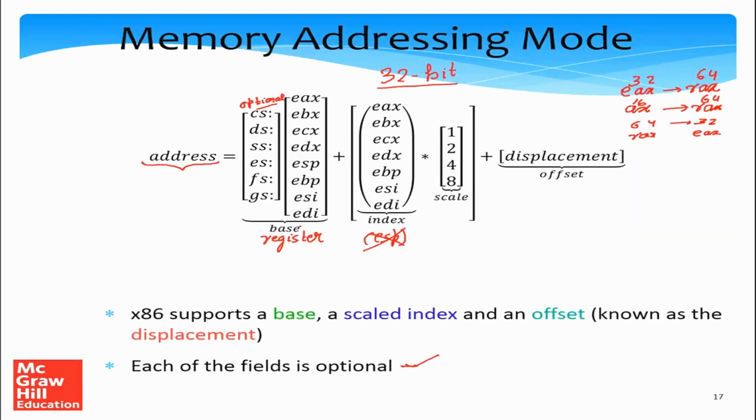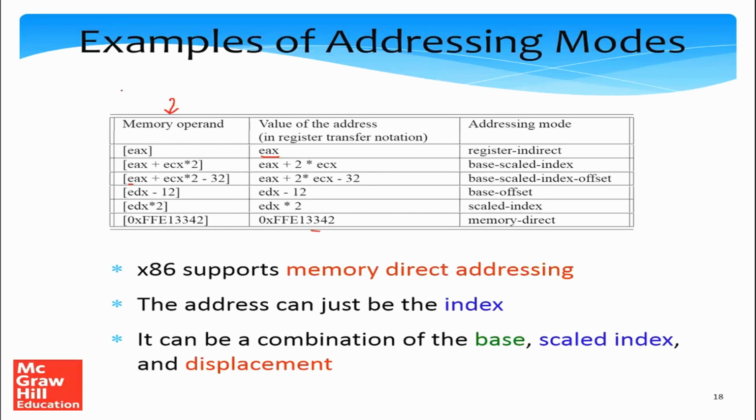So let us go back to the previous slide and look at this once again. Now that we have seen examples, you will be able to appreciate how and why this happens. In this particular case, as you see, the base, the scaled index, and the offset, all of these fields are optional. So the memory address can be any combination of these fields, as we see in this table, that we can have all kinds of combinations of memory addresses, and this makes the entire thing very interesting and